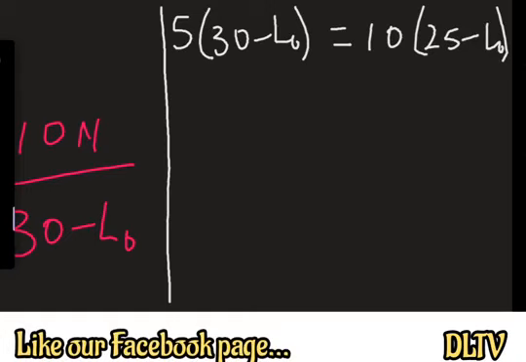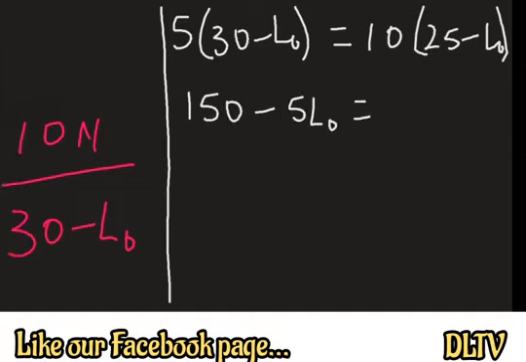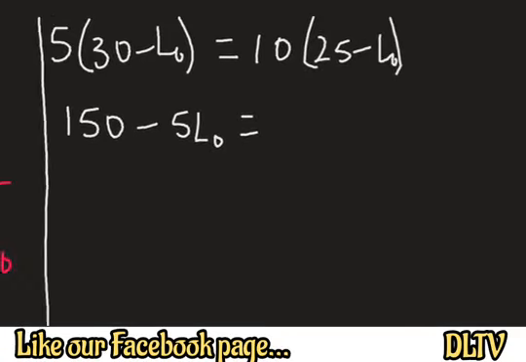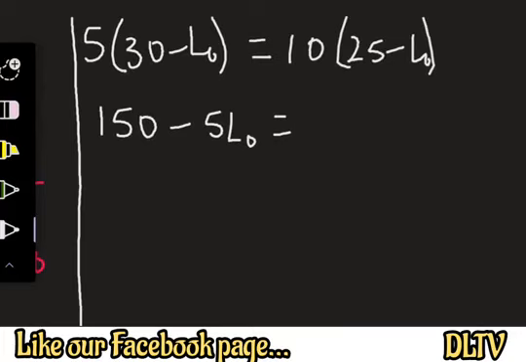Opening the bracket, 5 times 30 will be 150, and we have 5 LO. This will be equal to 10 times 25, which will give us 250 minus 10 LO. Now we are going to move all the